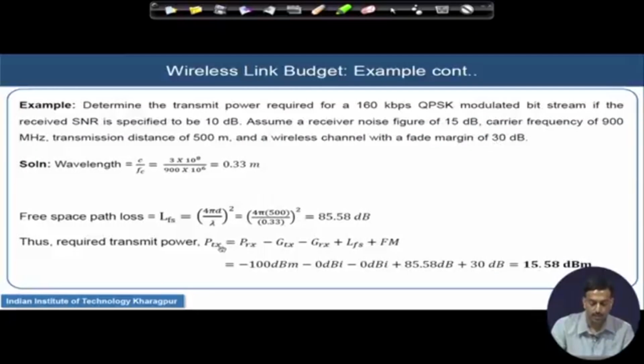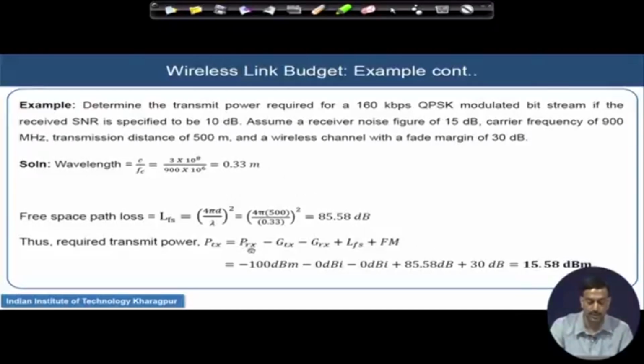So the transmit power, taking the terms on to the other side, turns out to be equal to the received power minus the gains plus the free space path loss plus the fade margin, and the values calculated above give 15.58